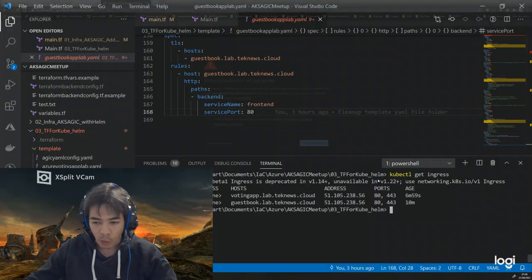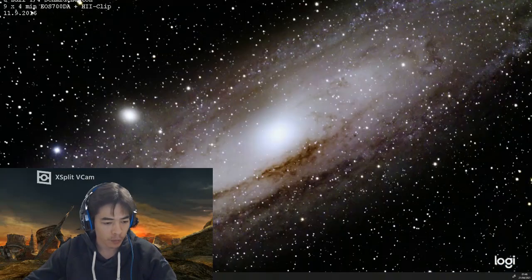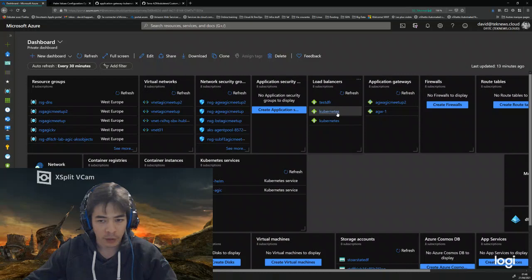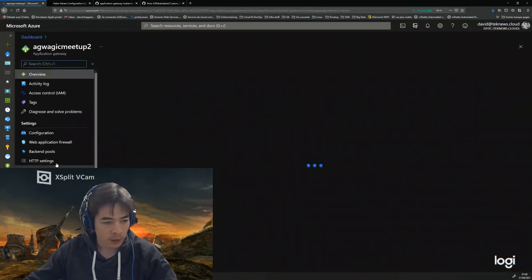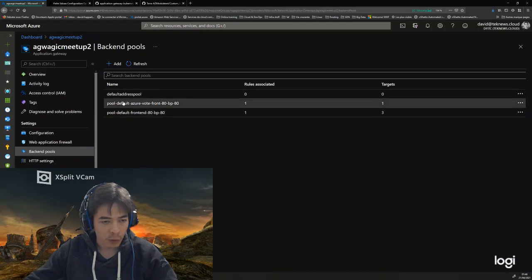Okay, once we get the IP address associated to our ingress, well, the one IP address of the application gateway, we should be able to see the backend pool configured for the application gateway. Over there, if I'm checking in the backend pool, I should see more than the default address pool.